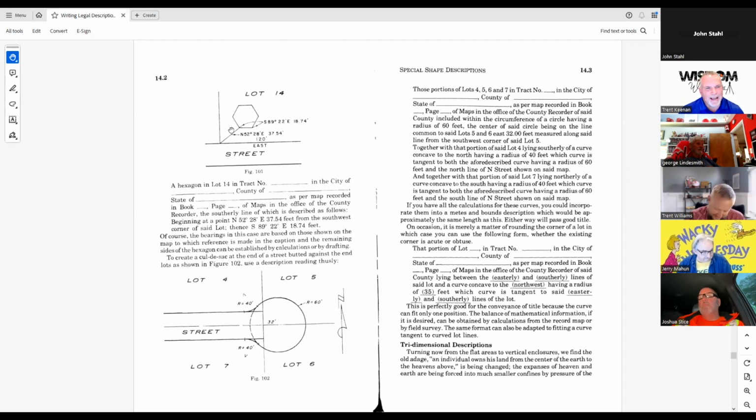That's funny. I like the swing ties too. I think that's probably changed over the time of coming up, as opposed to just a straight swing tie. That's something that's progressed over the years as well. Yeah, that's a great point, Trent. That's something we really haven't talked about in writing descriptions, the tie to point of beginning. We've talked about basis of bearings, but we haven't talked about a tie to point of beginning.